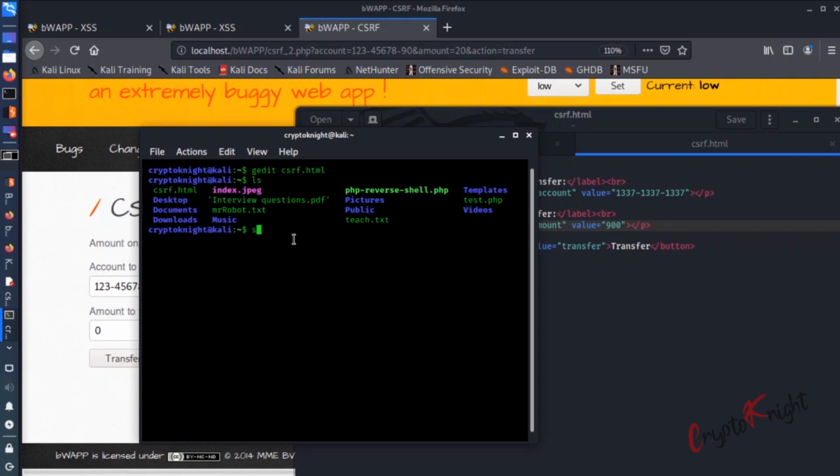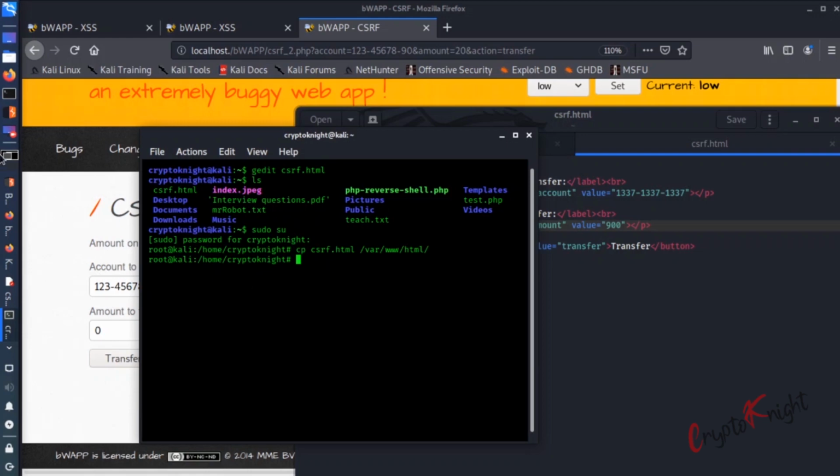I told you in the previous Linux tutorials that whatever we host will be hosted from var www html. So let's copy this file. We will copy csrf.html to var www html. Right. Now our Apache server is running.